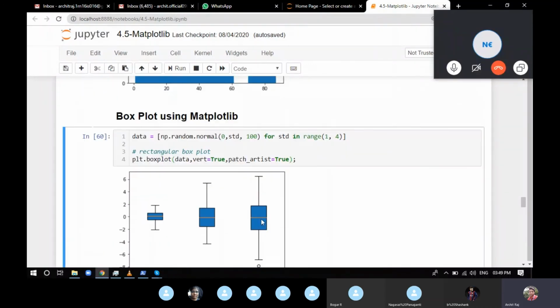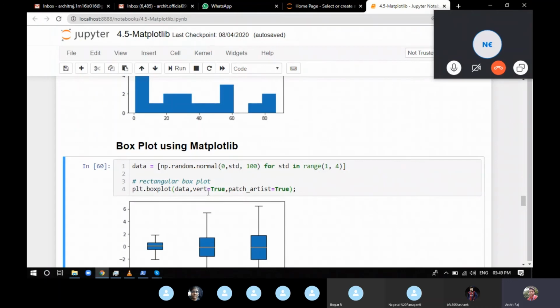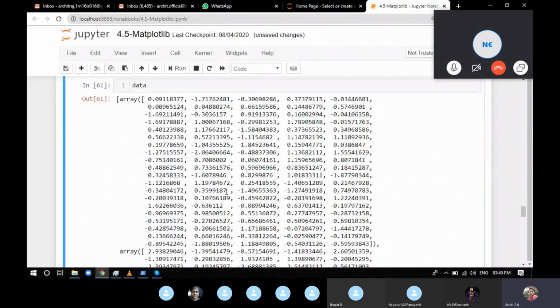Now there are two attributes that you can change: vertical and patch artist. If you change vertical equal to true to false, you're just going to rotate your box plot to a horizontal one. Vertical true means it's going to give you a vertical box plot.